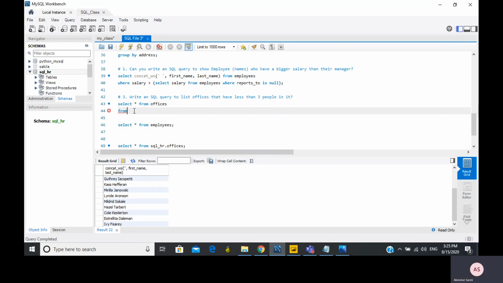So let's start from office, from varieties of query. Select, I will say from offices where office